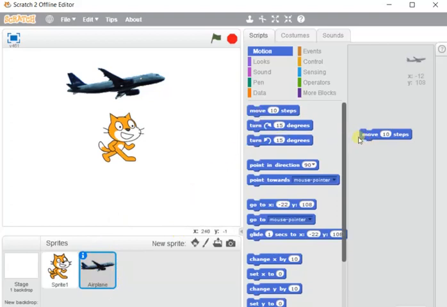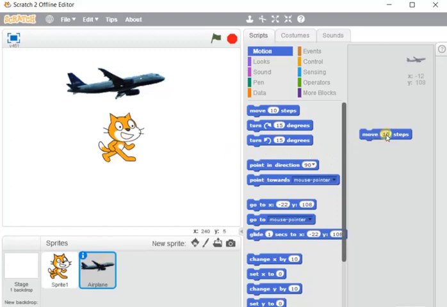That means whatever command or instruction I am giving is applicable to this selected sprite only, because you can see a blue rectangular highlight over the airplane. That means this airplane is the active sprite now, not the cat. So whatever action I take or command I give here will be applied to the active sprite, that is the aeroplane, not the cat.